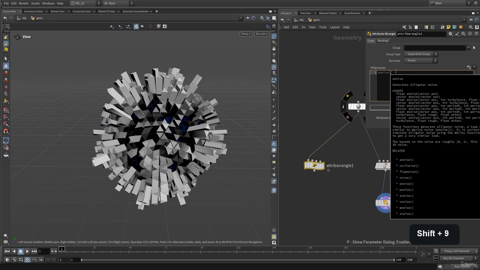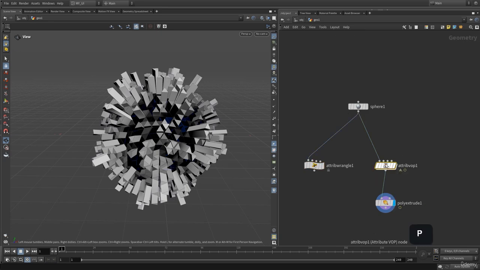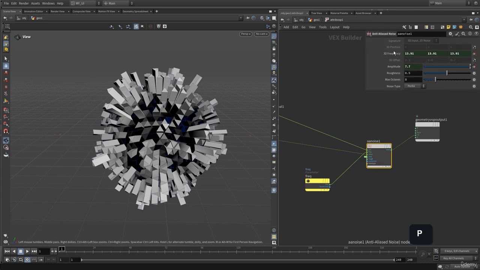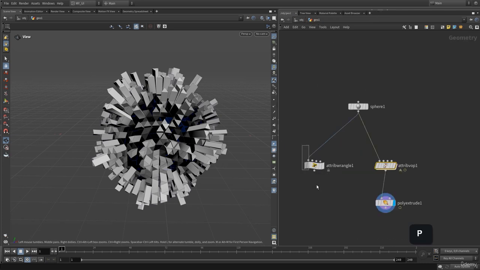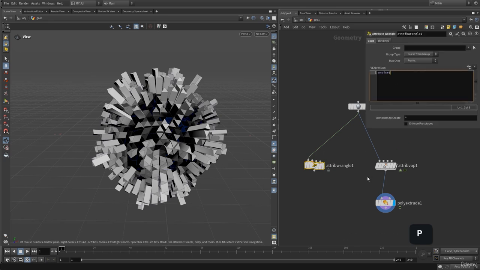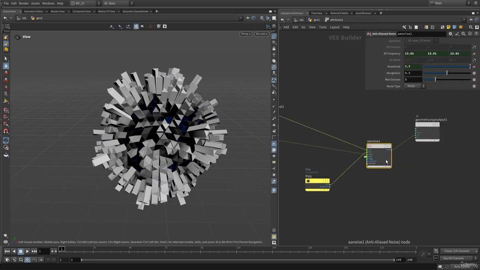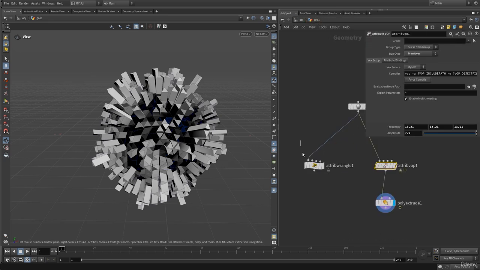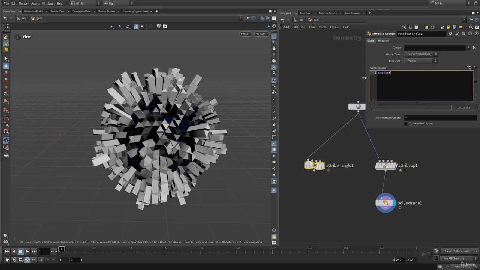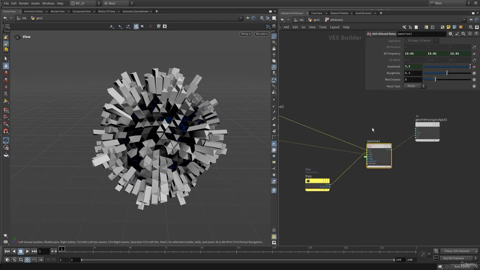I need to define all of the parameters which represent the anti-alias noise, the frequency and position, and write my whole setup in the VEX code, and that will create a much more complicated way of writing the same function, but it's